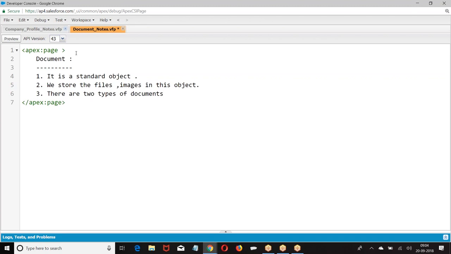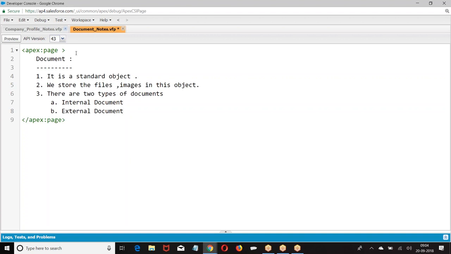There are two types of documents. What are they? Internal document, another one is external document.